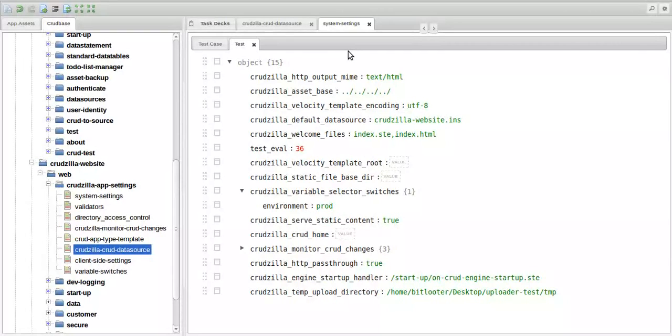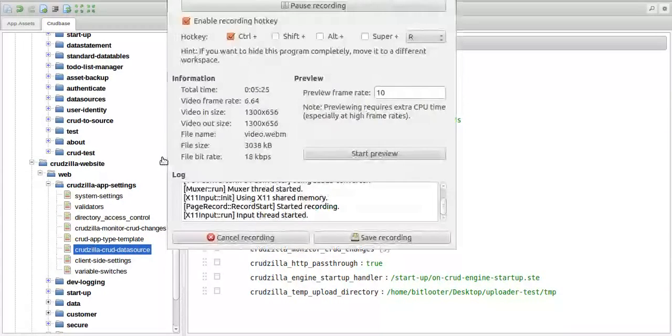So again, check the documentation. This is very cool stuff. I think you're going to be very happy once you get a hold of